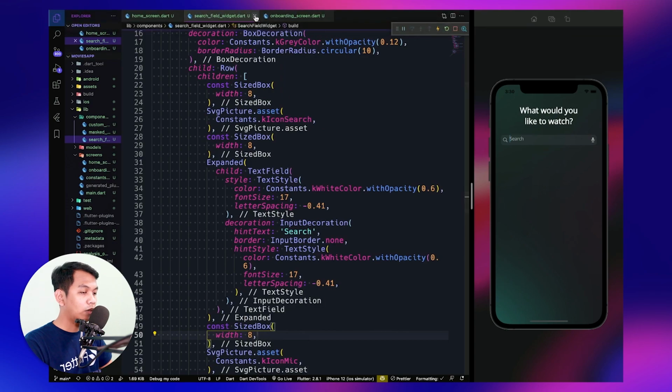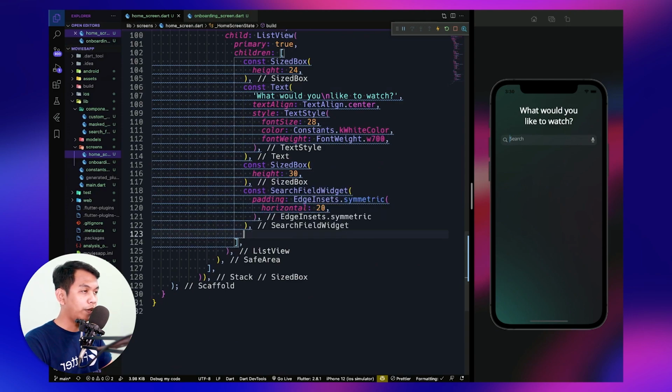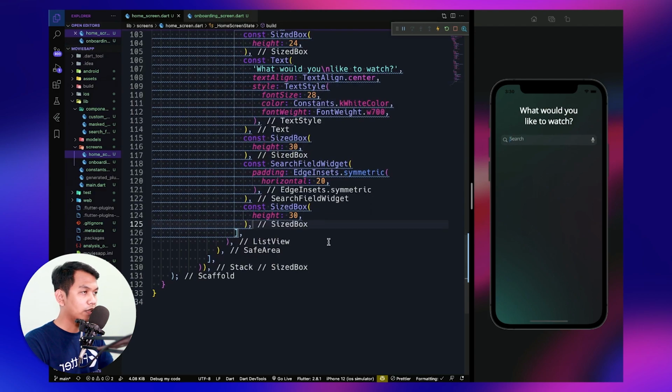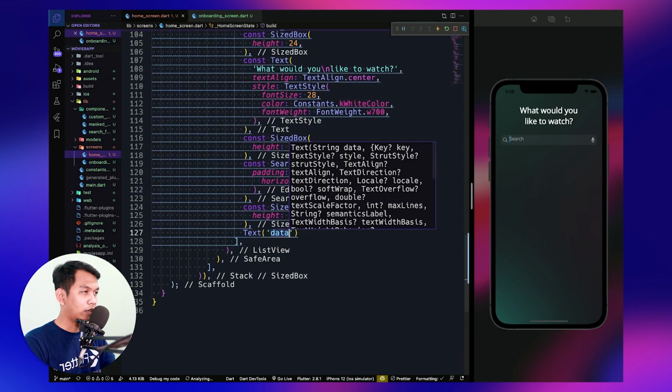So let's back to our home screen, and the next is we need to add size box again below of our search field, it's around 39, and below of our size box, we will have a text widget here. For the text, let's say new movies.